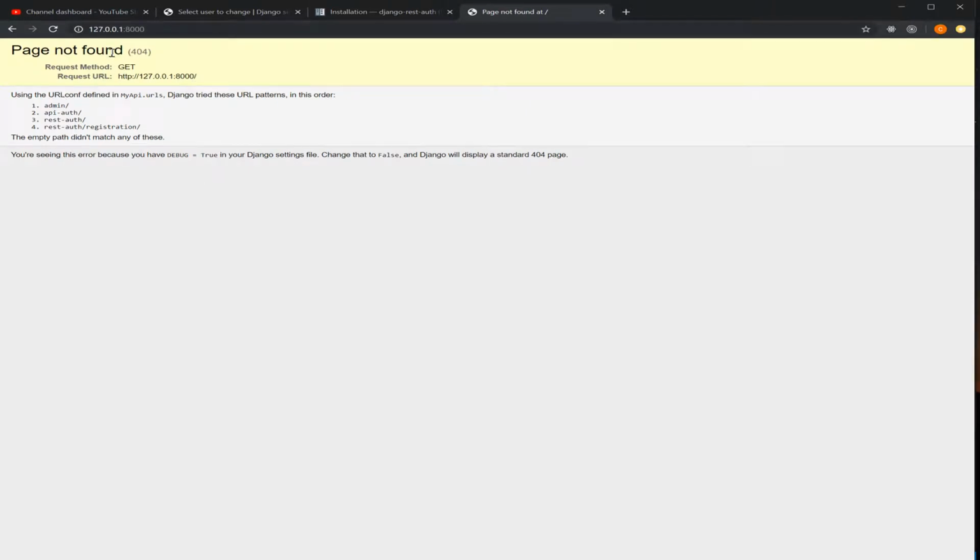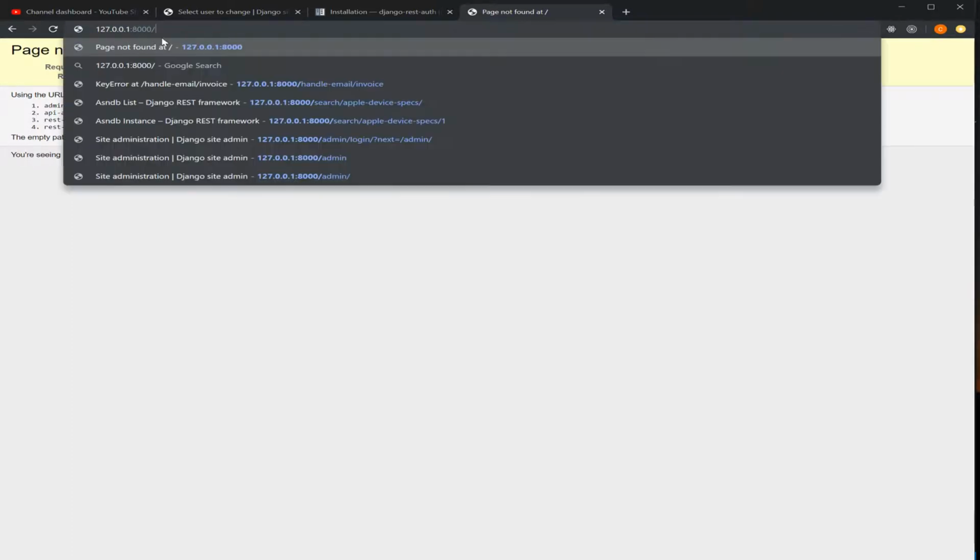The reason why we're getting page not found is because we didn't assign or handle any view or any response for this particular URL. What we have responses for is whatever we see here. So if we go to /admin,